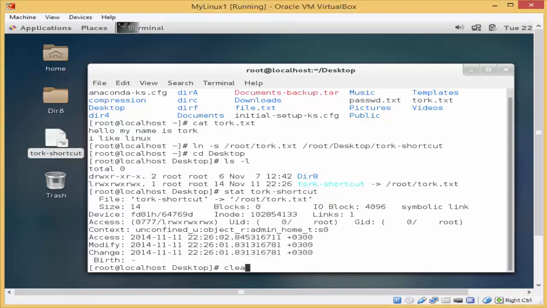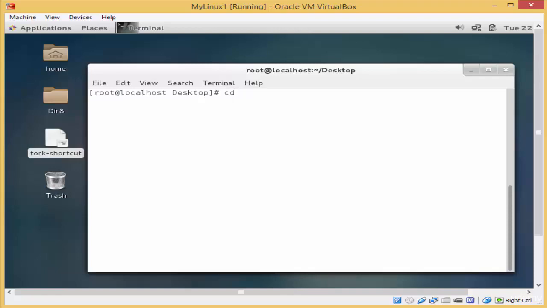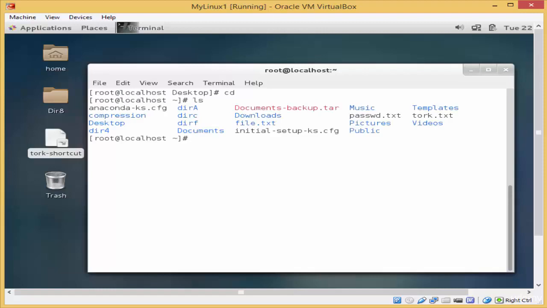Right now I'll clear the page and I'll get to the home directory of the user root by the command cd and ls. Alright, now this time I'll make a soft link for a directory. For example, here the public directory, and place the soft link in the desktop directory. So I'll type the command ln -s and then /root/public, and then I'll type /root/desktop